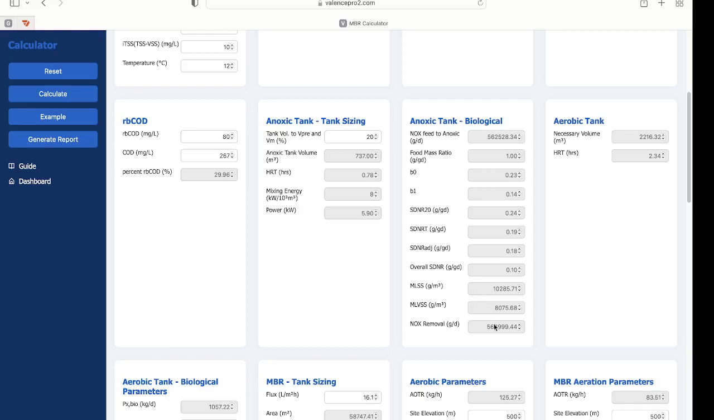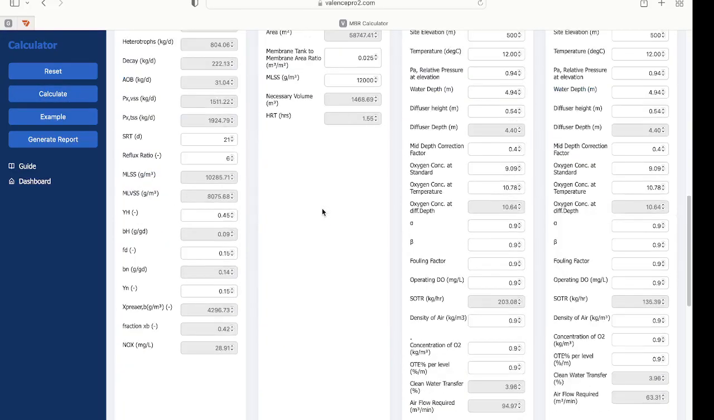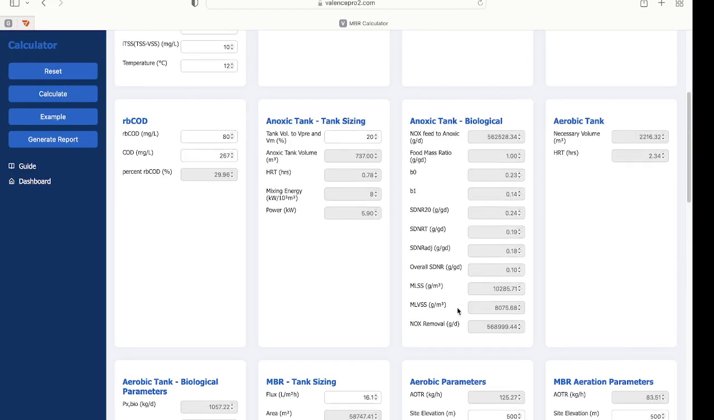The most important thing is that this removal here should be higher than this one. This NOx removal should be higher than the NOx feed to the anoxic. If it's higher, then it's no problem. If it's lower, one thing you can do is increase this one. It's 568. So let's increase the tank volume to the aerobic volume percentage. So it increased. Let's revert it back to 20%. So once you figure that out,